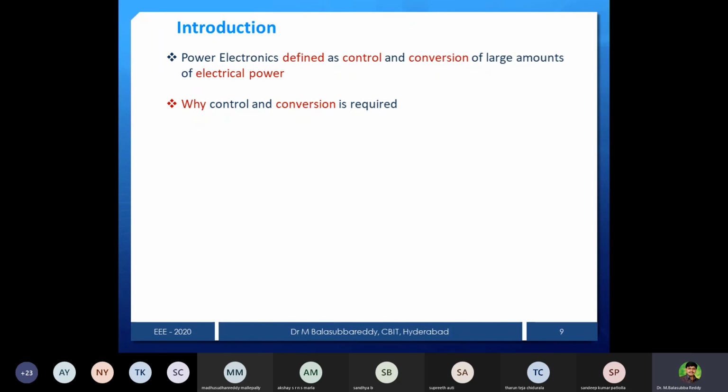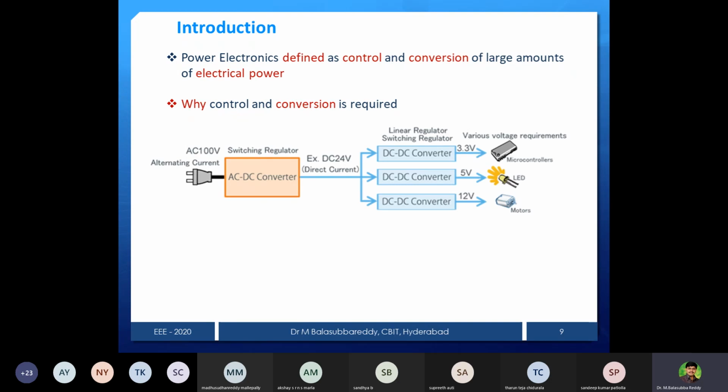Not only that, in any application you take, we require both control as well as conversion. So now we can see that in any application, let AC supply be available. If I am using something as loads, these are the different types of loads. Nowadays in all electronic equipment, the voltage levels are different. Even in a computer you may require different voltage levels inside, because the motherboard is different, the floppy disk is different, and so on. You can see voltage regulation, a microprocessor controller, an LED light,